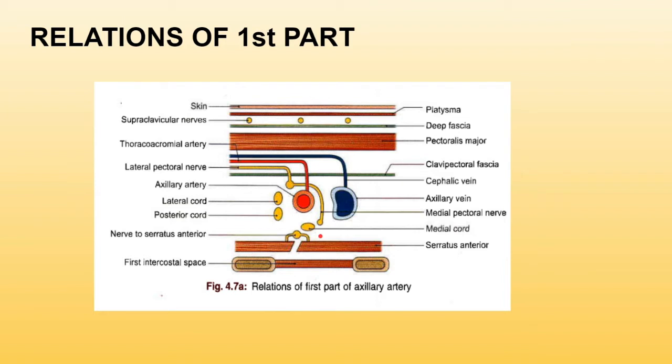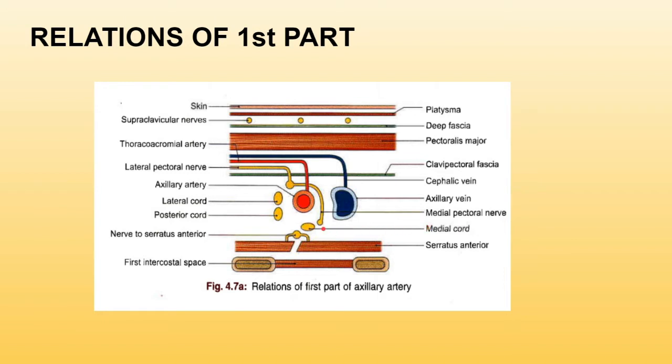The medial cord is a part of the brachial plexus. We will discuss this in the brachial plexus more in detail. But just remember, this medial cord is a part of the brachial plexus, and the brachial plexus is divided into root, trunk, division, cords and branches. So out of them, this is the medial cord. Cords are of three types: lateral cord, posterior cord and the medial cord. And this medial cord is formed by the ventral division of the lower trunk in the brachial plexus. Only one division, the ventral division of the lower trunk. We will discuss this in detail in the brachial plexus video. So up till this is the posterior relation.